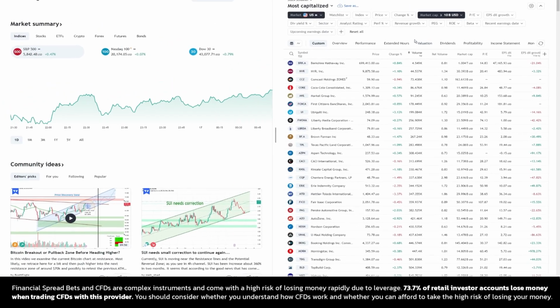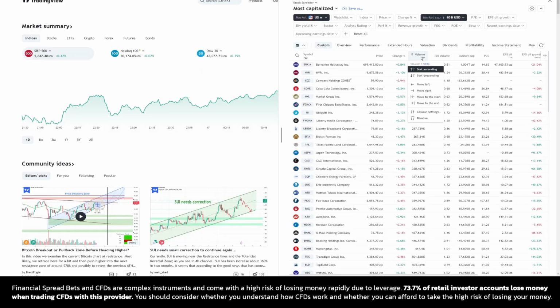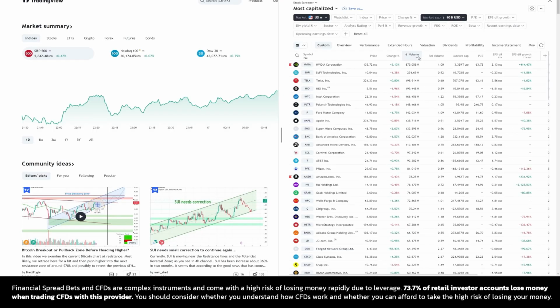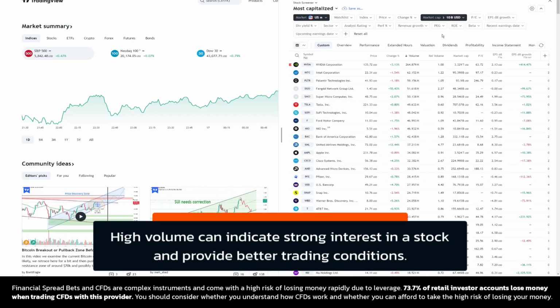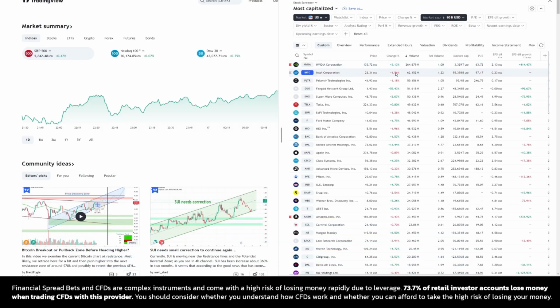For traders, volume tells a story, often revealing trends, institutional interest, and liquidity. High volume can indicate strong interest in a particular stock, which is particularly useful for avoiding slippage and ensuring smoother entries and exits. This feature allows you to stay nimble, helping you align your trades with stocks that show favorable